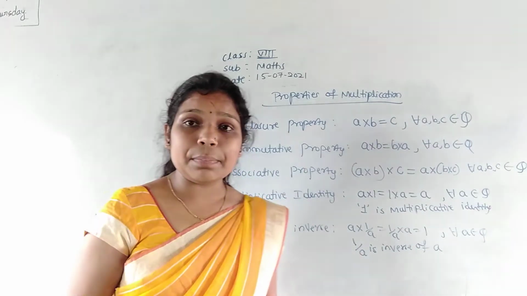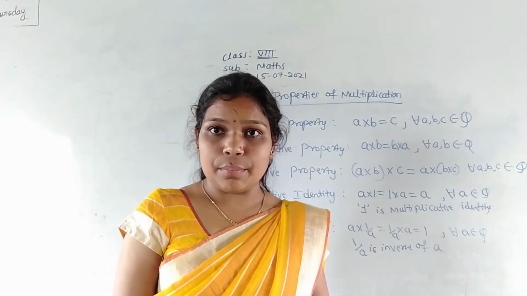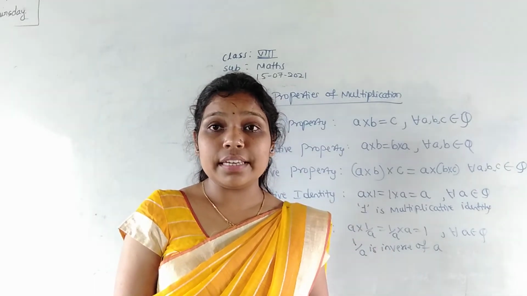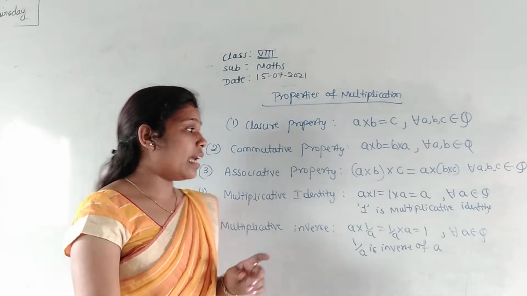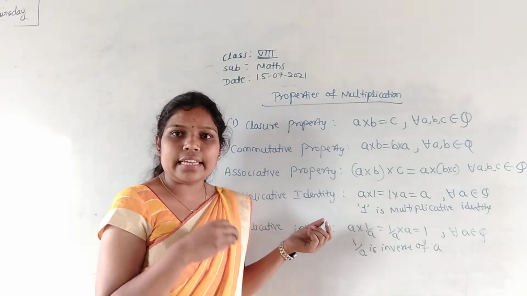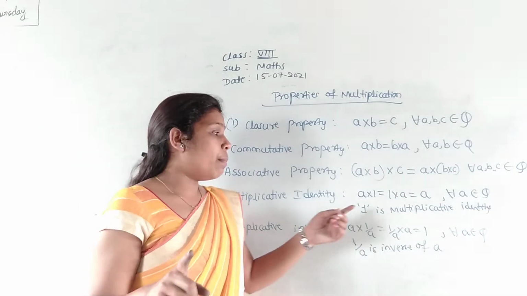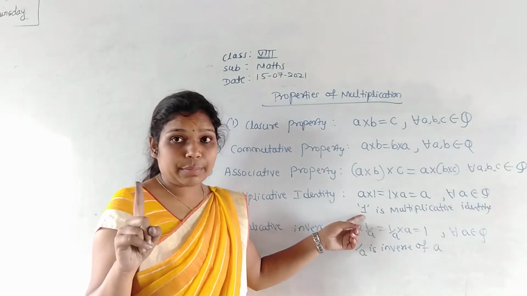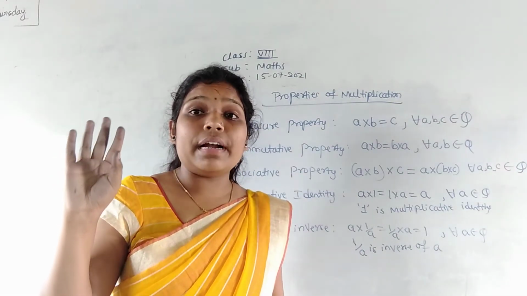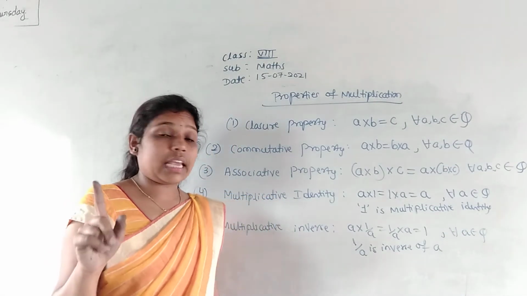Okay, so here, additive identity is always 0 for any number. Take any number, the additive identity element is always 0 only. Same like that, the multiplicative identity: for all rational numbers, what is the multiplicative identity? Multiplicative identity is always 1. Remember those two points: additive identity is 0 and multiplicative identity is 1. These two never change. Keep it in your mind.